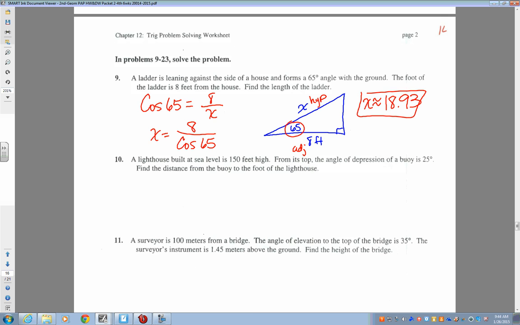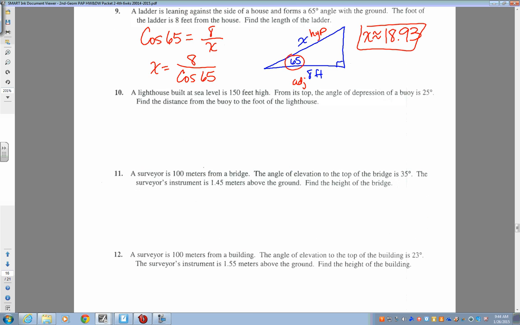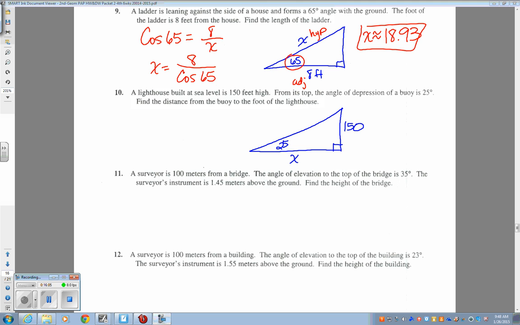All right, so just try to draw 10 for me real quick. I just want to check, make sure our drawings get done. And then we're going to talk about one more problem. All right, if you use the basic right triangle,